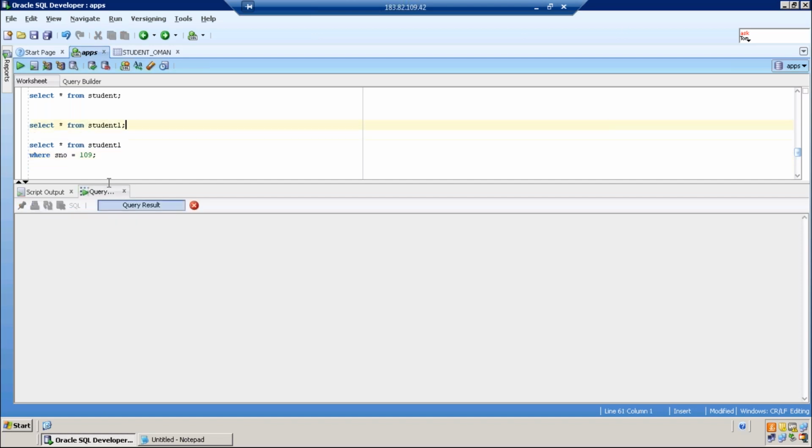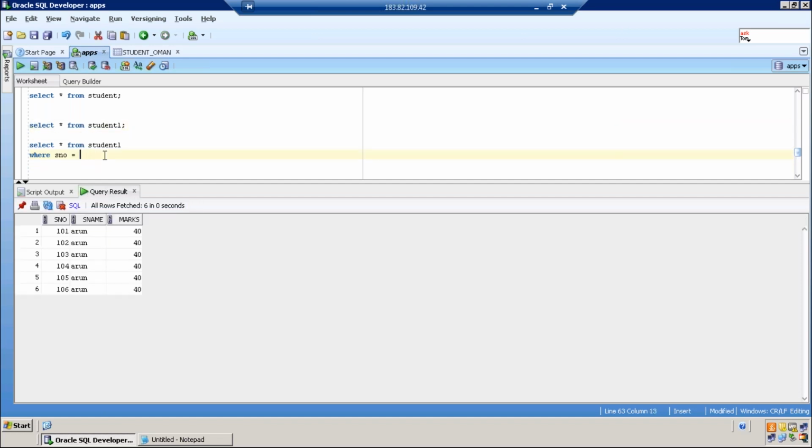Okay. Now, where 1 equal to 1, how many rows? Just a guess. 1 equal to 1, is the condition true?